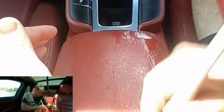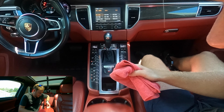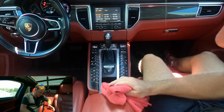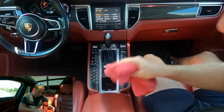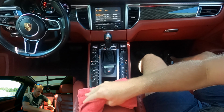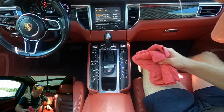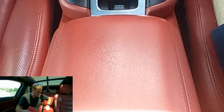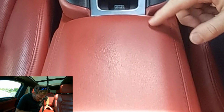Okay, so before, whoa, forgot that I did that, so we'll wipe this way. And it kind of has like a baby powder smell to it, which isn't bad. Oh, okay. Yeah, so I don't know if you can really see this or not with the camera, but